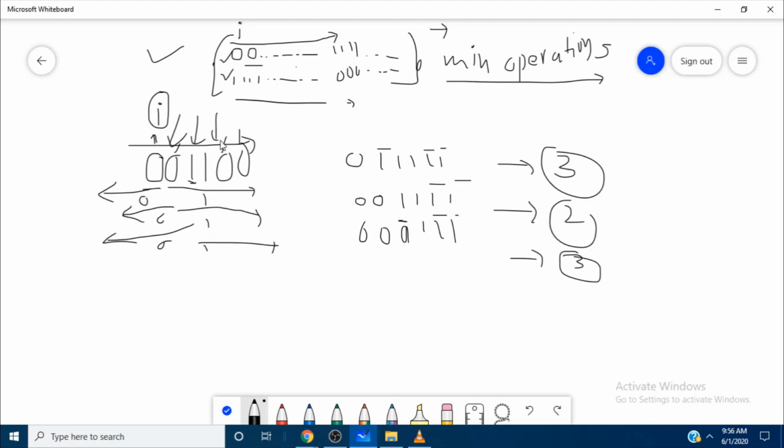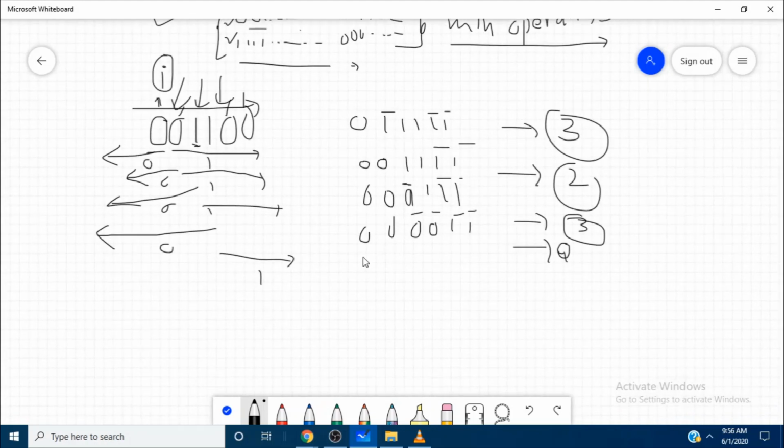Next we are at this, so 2 zeros, 2 ones. How many we need to change in order to convert of this? So here two ones, we need to convert those two ones to 0. So yeah, we converted. It will require two operations. So here we need to convert these two zeros to 1. So total 4. Cool. Okay.